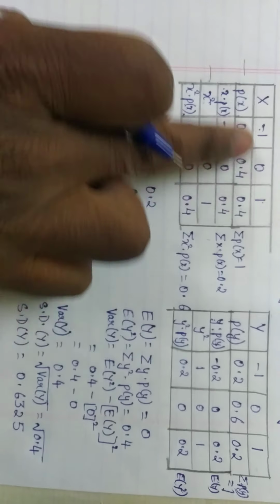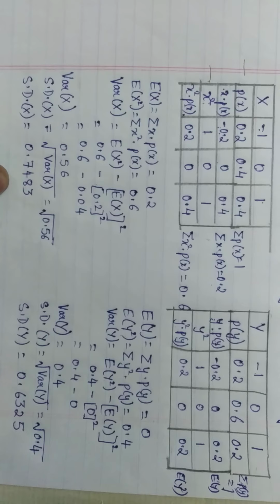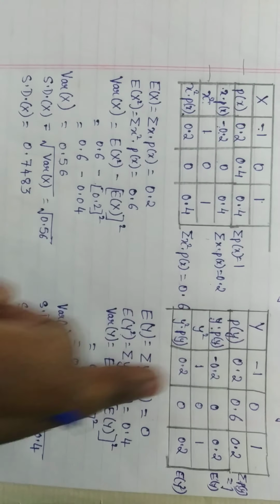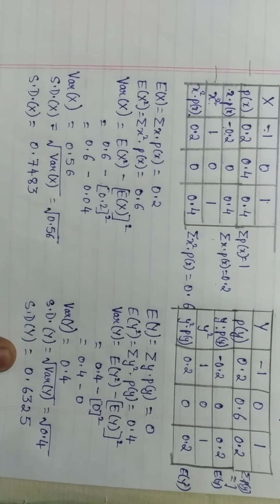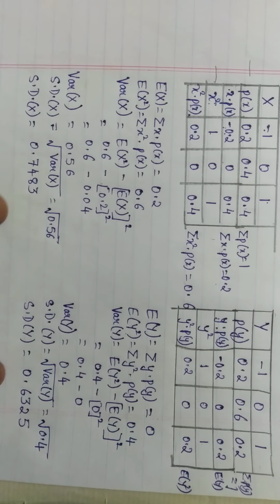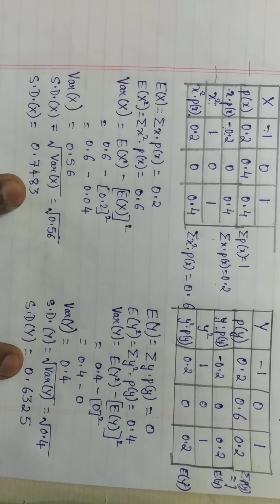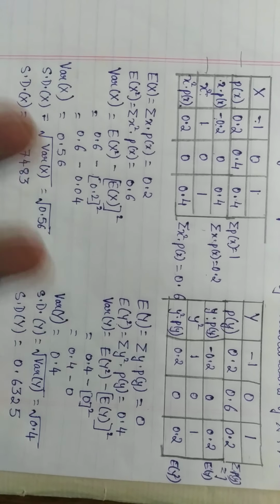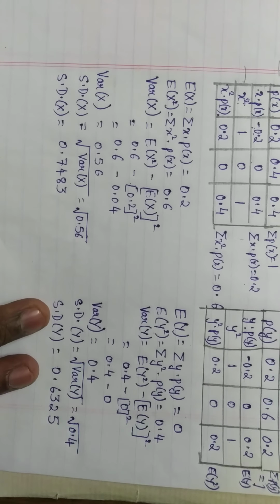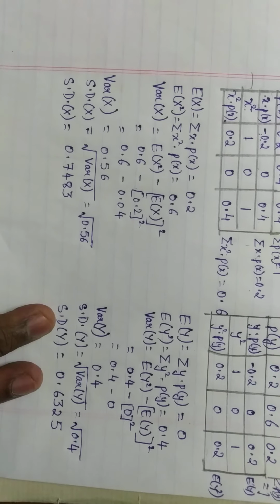They will give you the first 2 rows. We have done this kind of problem. Similarly, this is another 5-mark problem. So they will ask you standard deviation of x or standard deviation of y in the 5-mark section. Then they will ask this combined problem for the 10-mark section. So now the problem is not over. We have just found out standard deviation of x and standard deviation of y.